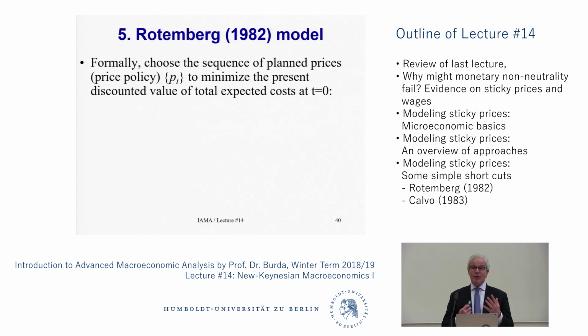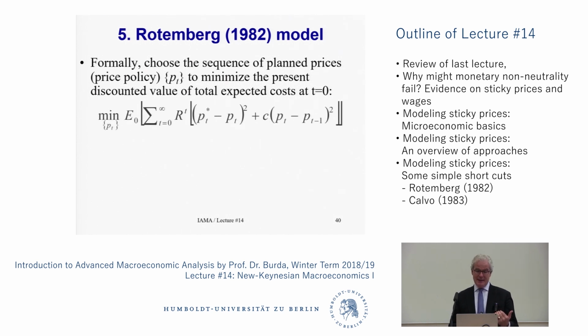Okay, so here's the formal problem. Choose the sequence of P_t from t equals 0 to infinity to minimize the discounted expected costs at t equals 0. And it looks like this. It looks a little bit like utility maximization, but here it's cost minimization. So I'm choosing P0, P1, P2, P3, again setting t equals 0,